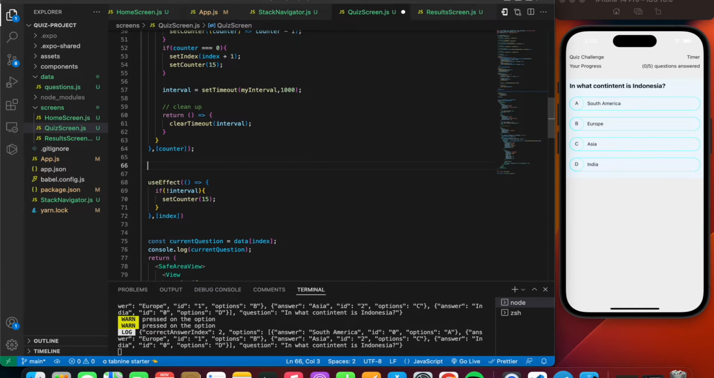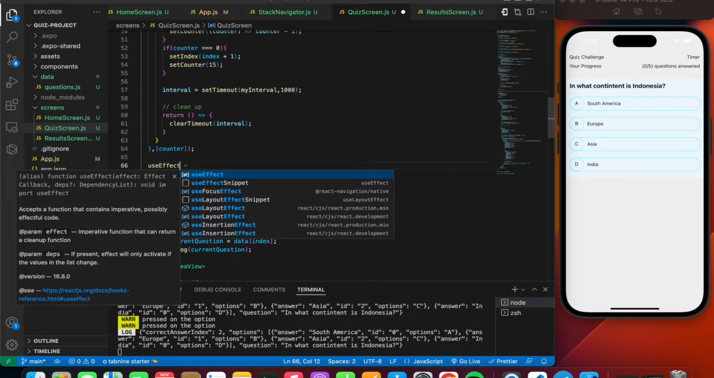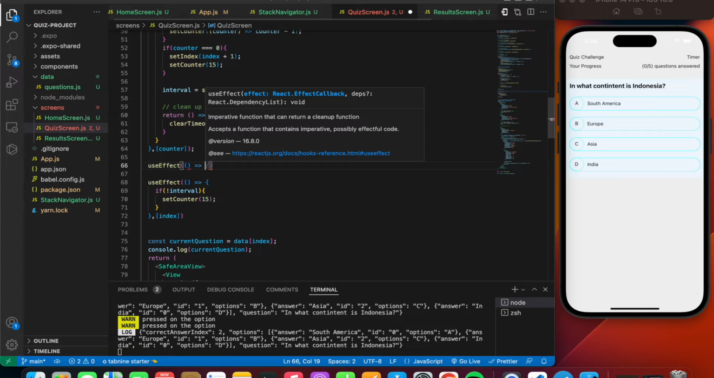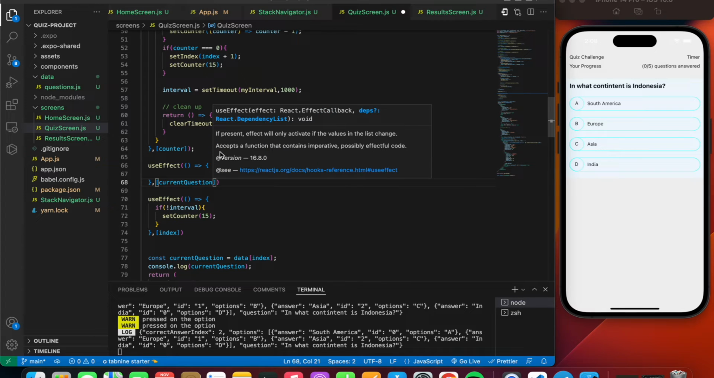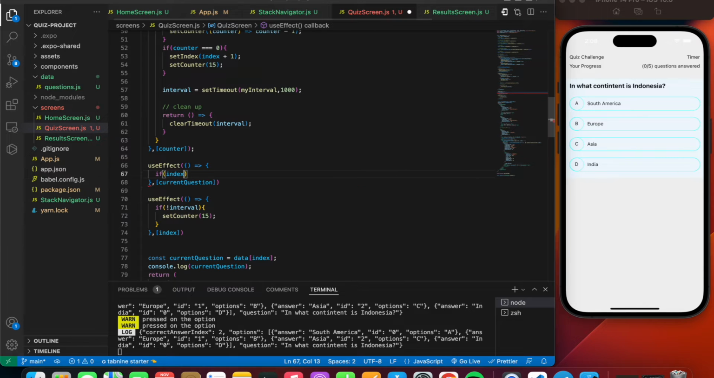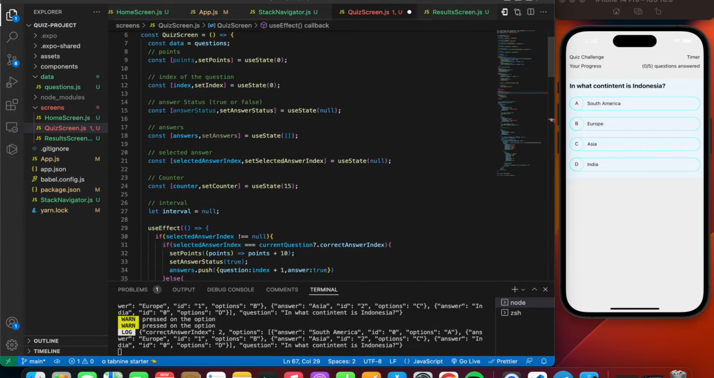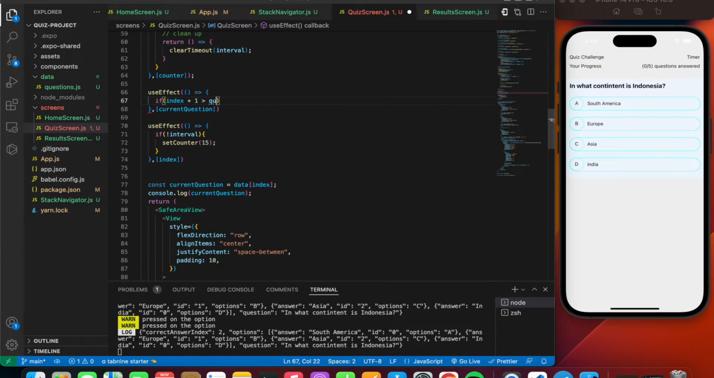So we're going to write another useEffect. This also is going to run every time the current question changes, right? So we're going to say if index plus 1 is greater than our questions, is it questions or data? It's going to be data. If it's greater than data.length,